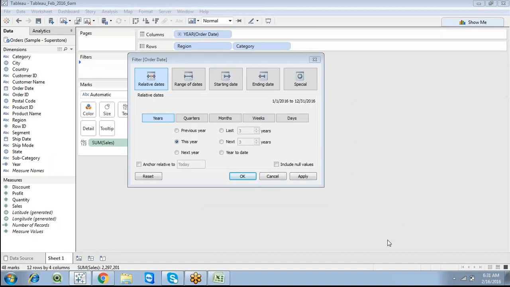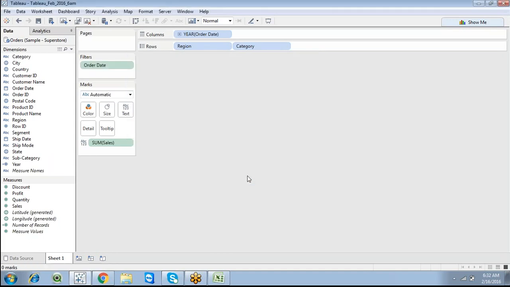If you are working with relative dates, you can go for year wise, so first January 2016 to 12th December 2016. Now you can check with the data. Just drop order date here.